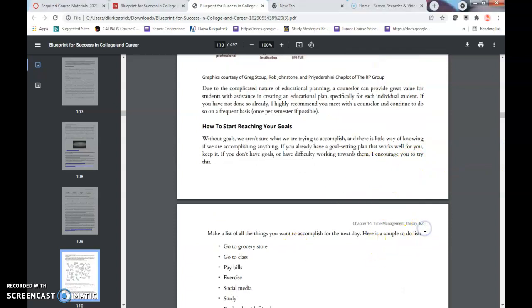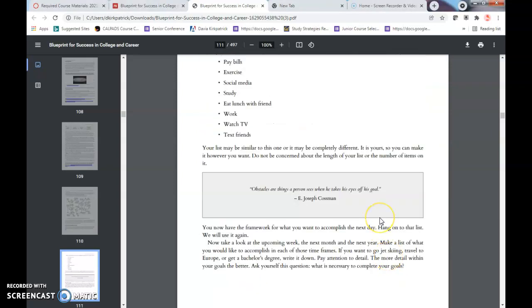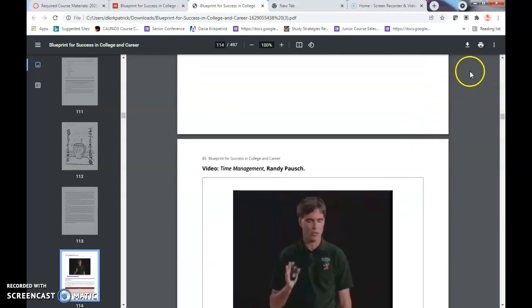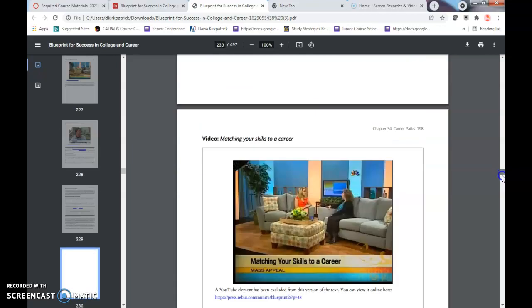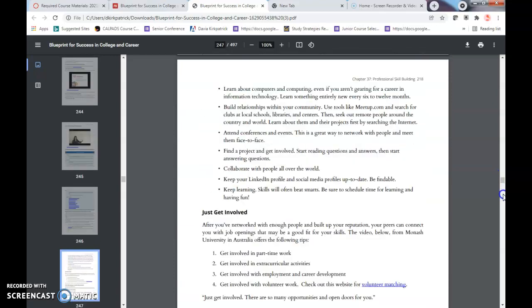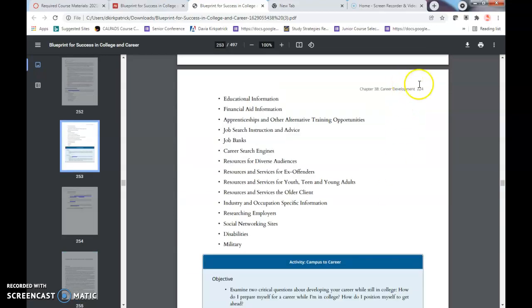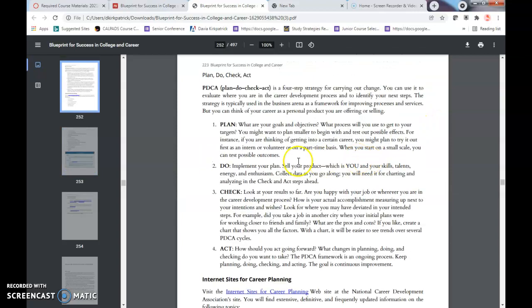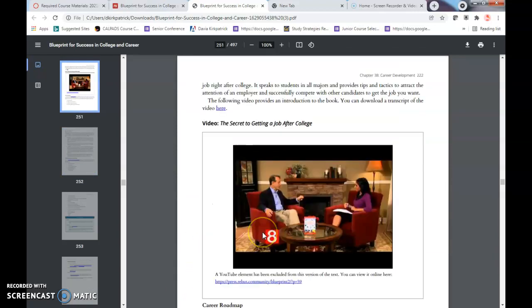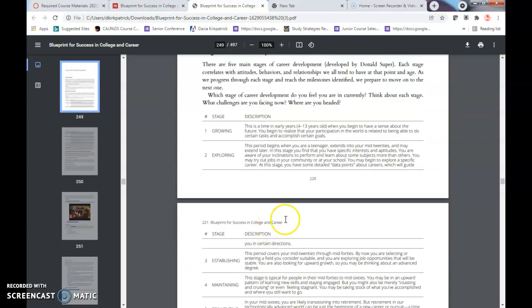Again, I'm not quite sure which version you guys were using. Some students said there are not page numbers, or that our book doesn't go to page 266. Again, page numbers are either on the top right, the top left, and even in some instances, I believe at the very beginning content pages, I've seen them down here at the bottom. So yeah, that's how you access them. Let me know if you